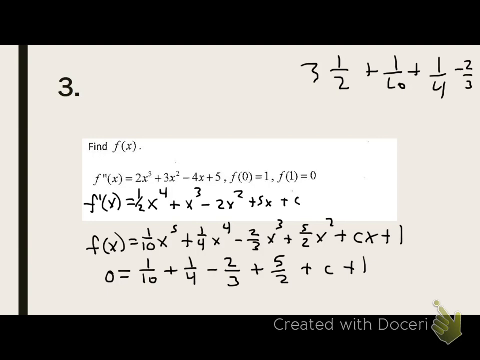That's your choice how you want to attack it from here. I guess 7/2, which is 14/4 plus a 1/4, 15/4